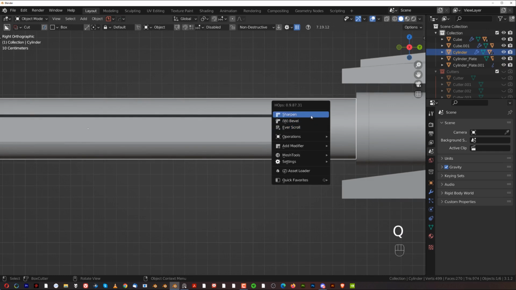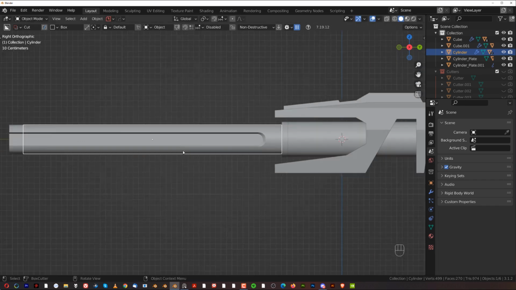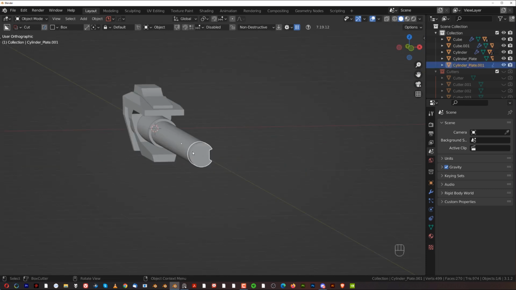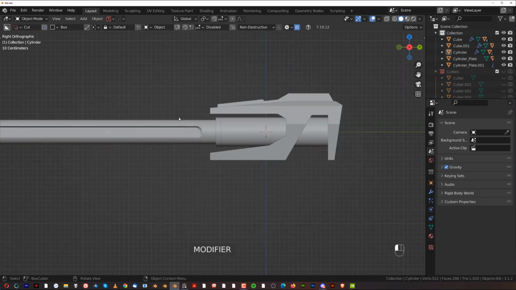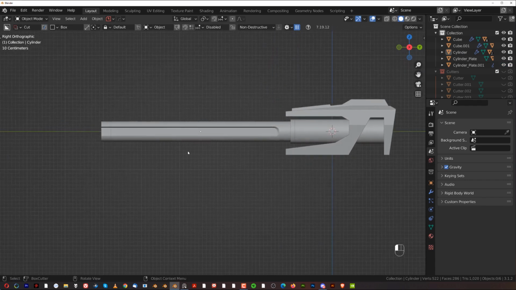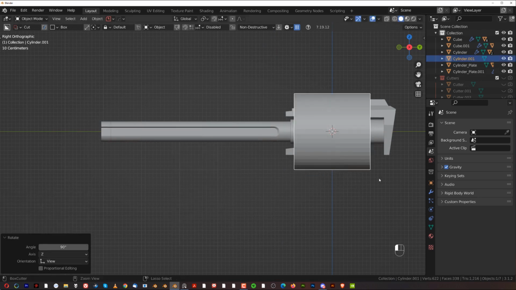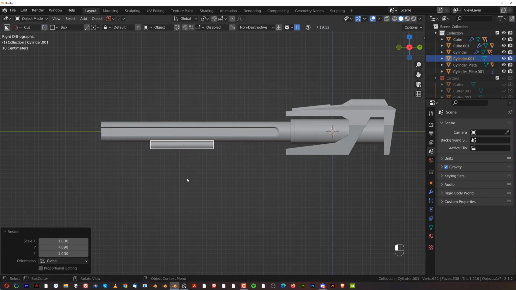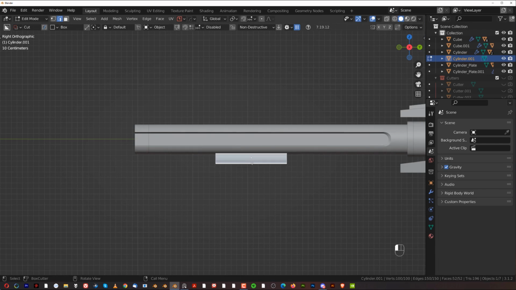We could also change the auto smooth value here to a lower one. Don't overdo it, because you're gonna start flattening all these bevels here. And this one could be mirrored as well across one itself. So like that, and boom, right? And then what we could do, we could have some kind of another element here on the bottom, so another cylinder, and scroll it, rotate it here, scale it, move it down here, scale it some more, and expand it. And we could have some kind of a mechanism here in the front,